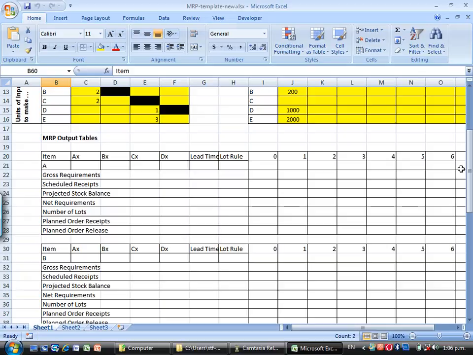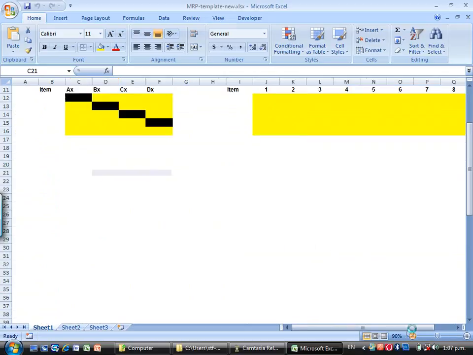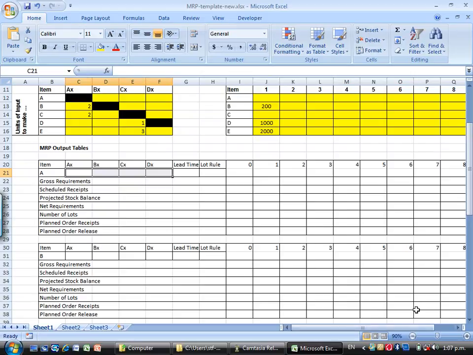Now the first thing that we're going to do is just work with item A, and once we've got the calculations in there, we'll be able to basically cut and paste that and make a few minor changes here and there, and then you can just bring that down and cut and paste it into the other MRP output tables. So first of all,